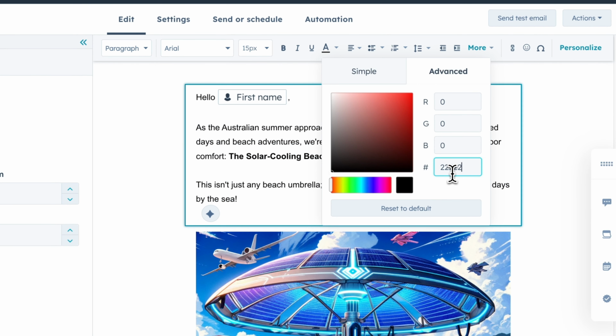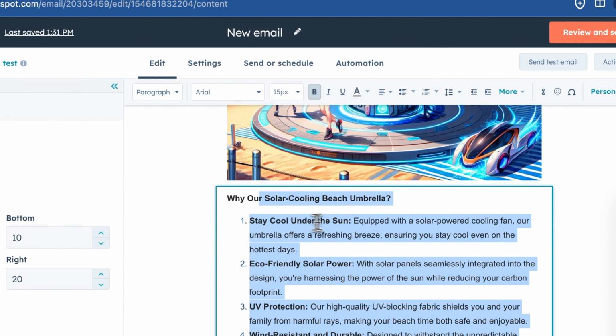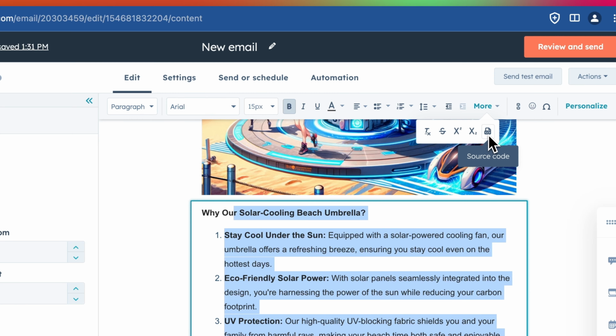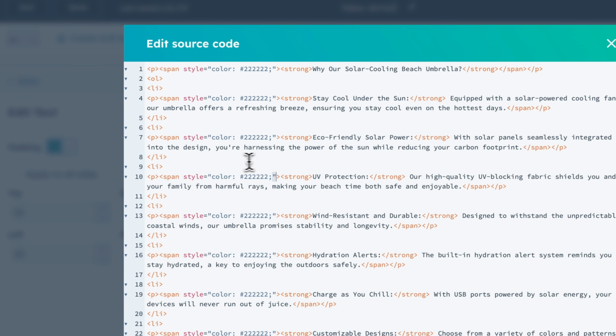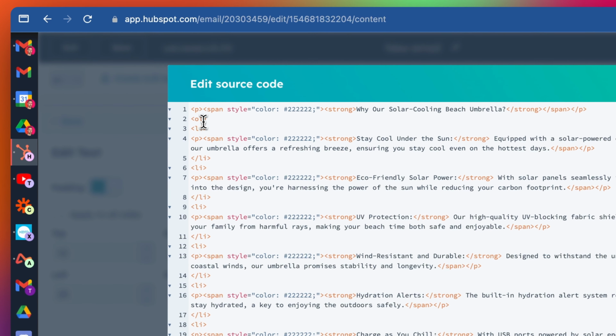Interestingly, because I've copy pasted from ChatGPT, it's done a little bit of a weird thing with the colors here for the numbers. So if you did have something like this where the color doesn't seem aligned, make sure you select all and change the color. If that doesn't work, you can click under more and go to the source code. And if you're familiar with HTML and CSS, you can actually change the text directly in the email like this. So we can see here that actually the OL, which is the ordered list, which is the 1, 2, 3, 4, and the LI, which is the individual list item, each list item,